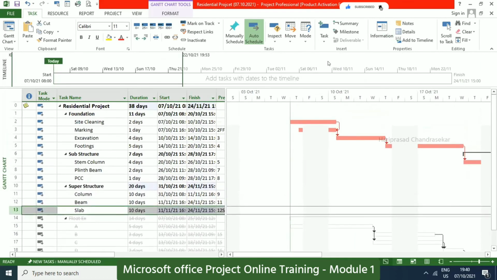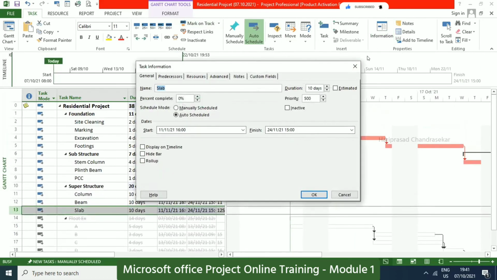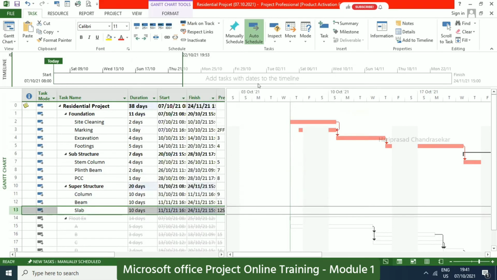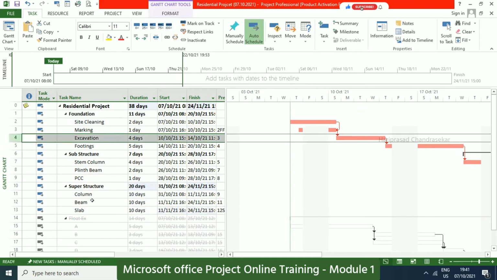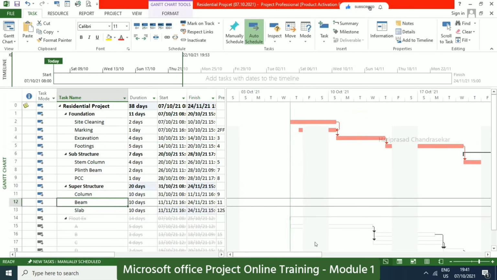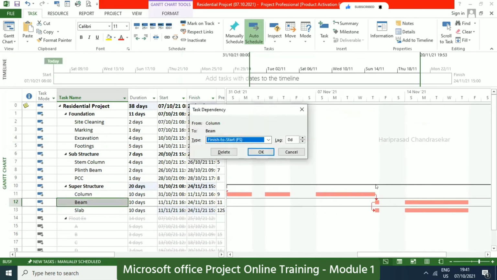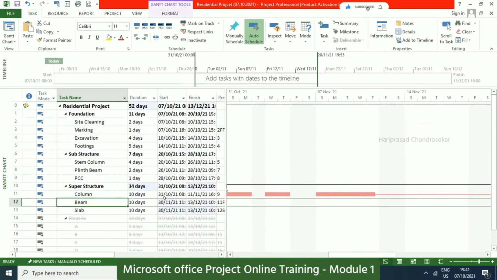Okay. Yeah, this is what you have here in information, in predecessor. And leads and lags we will put like this. For example, here this activity, excavation going, or we can call it beam. So after column, we need some buffer. Another way, you can double click this arrow, and then here you can put it. So column finish to start, I need to put some lag, a 14-day lag for curing or something we can say. Then accordingly the dates will get delayed.